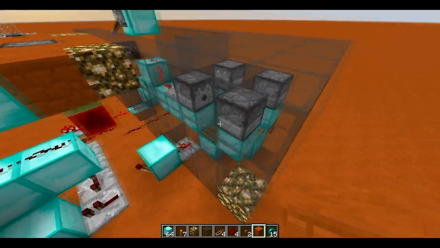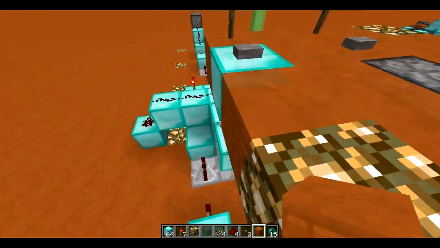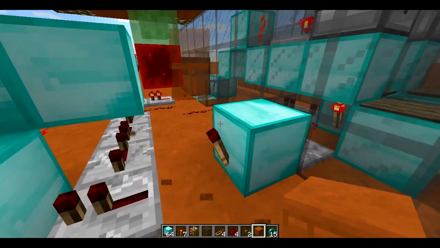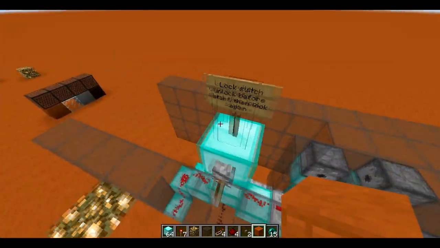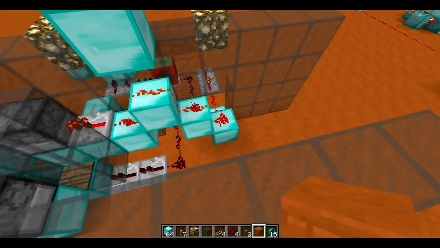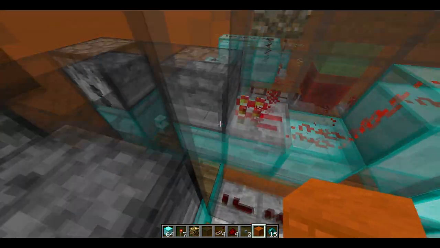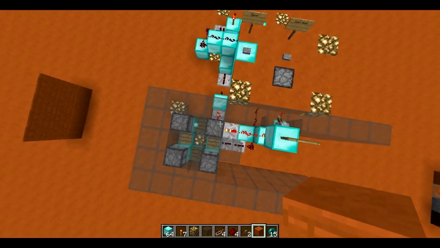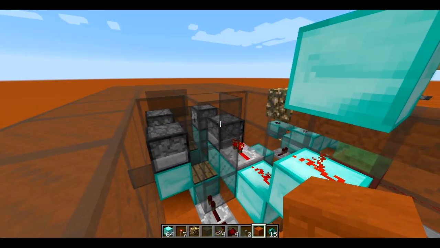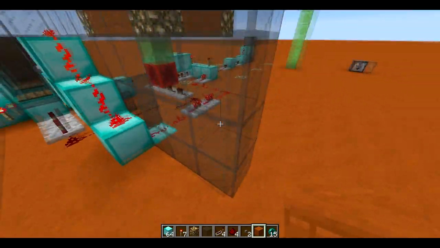Okay, so once it gets there, I'll get back to why I have this reset switch as well. So now back to this lock switch. You see from the lock switch it has two outputs. One goes to lock this dispenser. You can use a dropper, it doesn't matter, either one is fine. To lock that dispenser, and the other goes out to here,